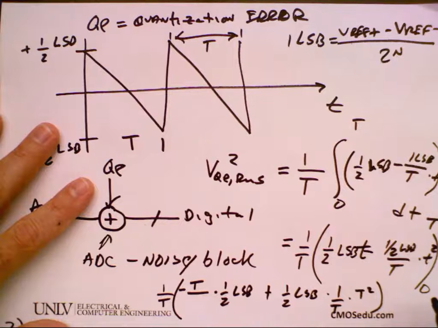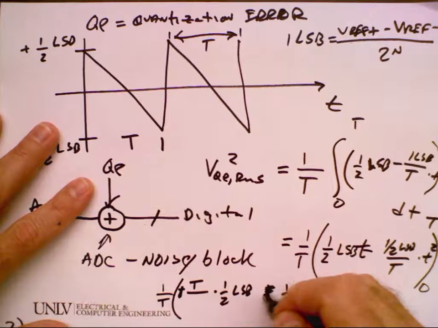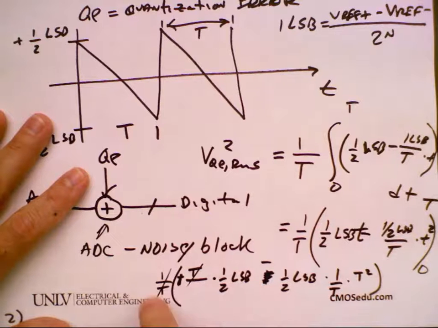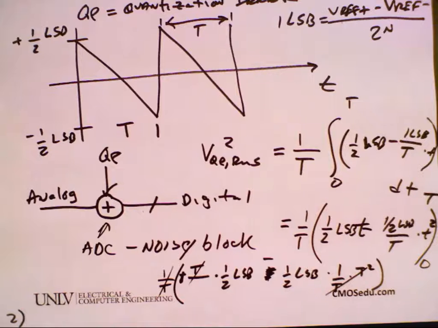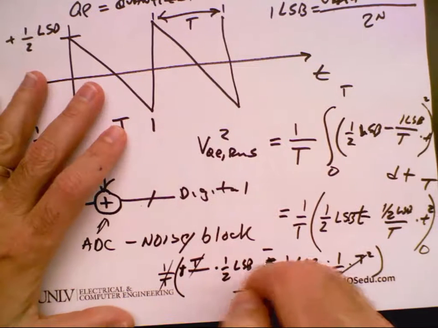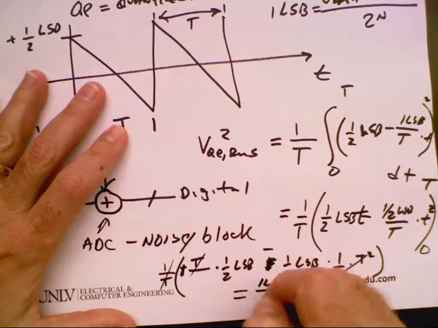What's that? Oh no, that's wrong. It'd be minus. This would be plus. This would be minus. And then this cancels with this, and this cancels with this. Wait, I'm doing something wrong. Oh, I didn't do the square part. Ugh. All right, well, anyway, it's in the book, and the answer is 1 LSB over the square root of